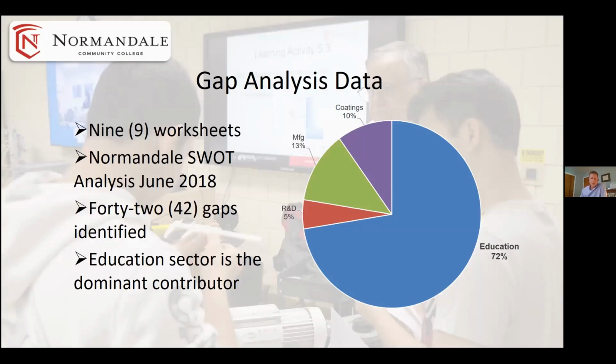And if you look at them breaking down from how people identified themselves, the large majority, almost 3 out of the 4, came from somebody that identified as being in the education sector. Not surprising, because that's the emphasis we've got here, and it's also something that the educators spend a lot of time thinking about. But it just gives you an idea of the population for these gaps. Next slide.